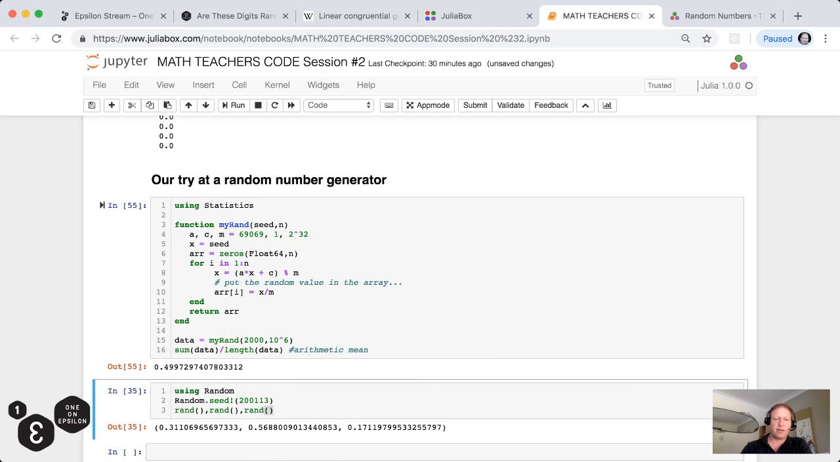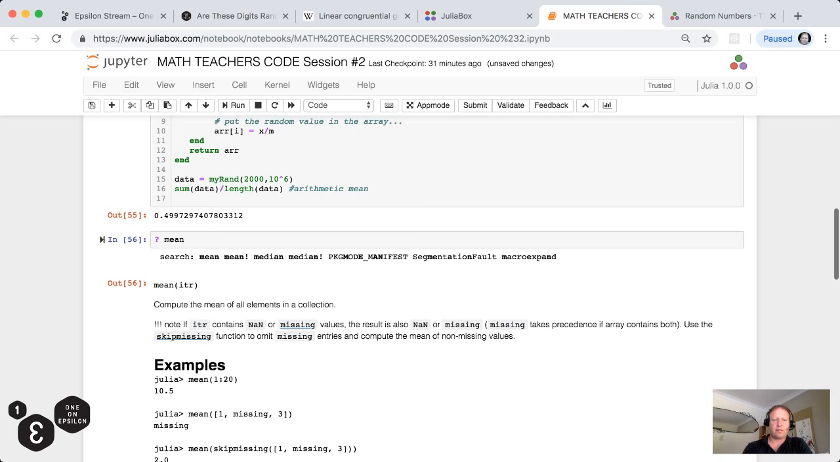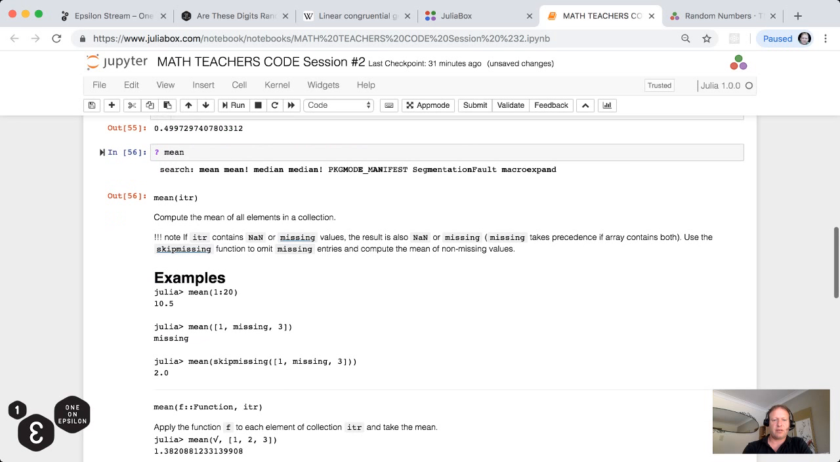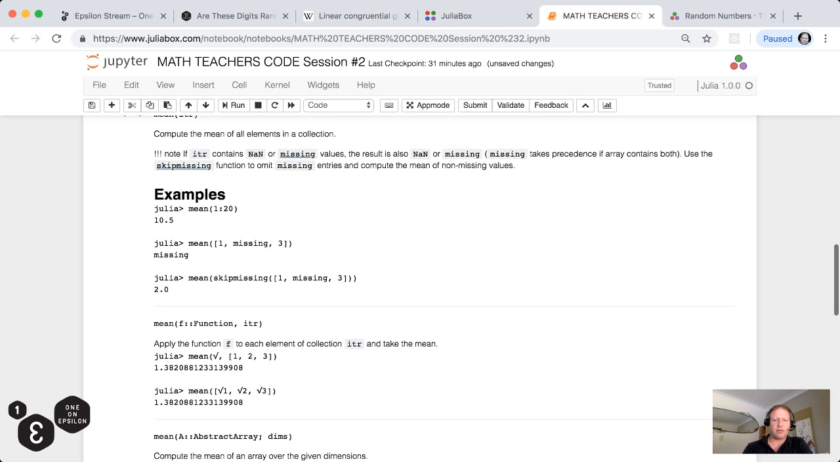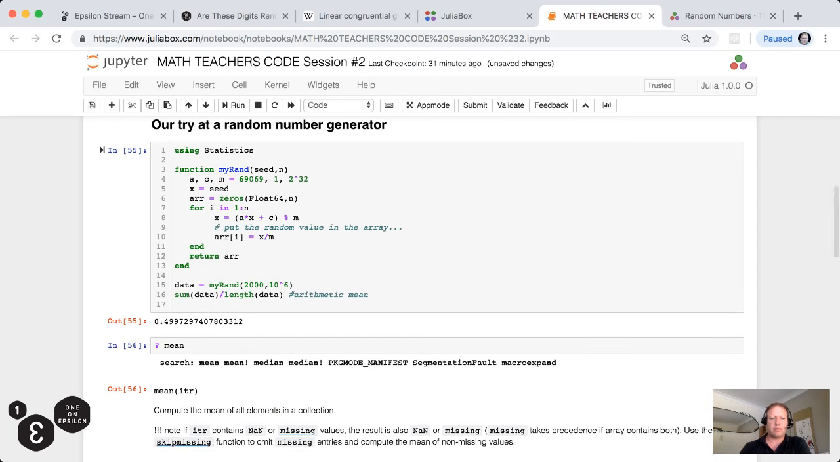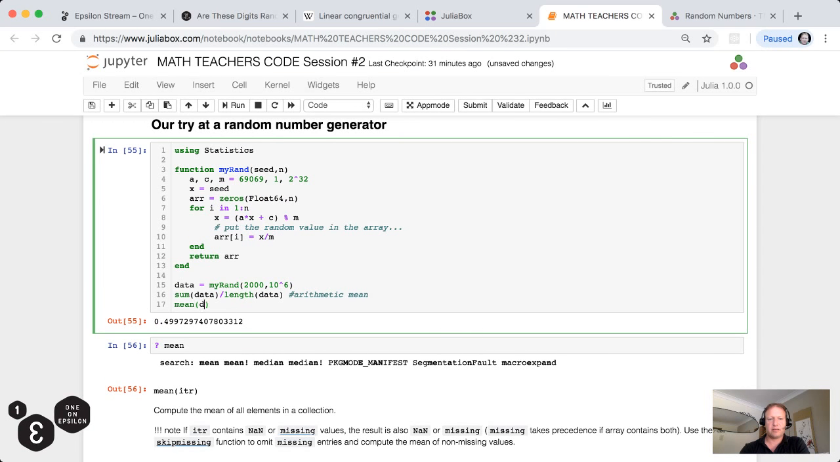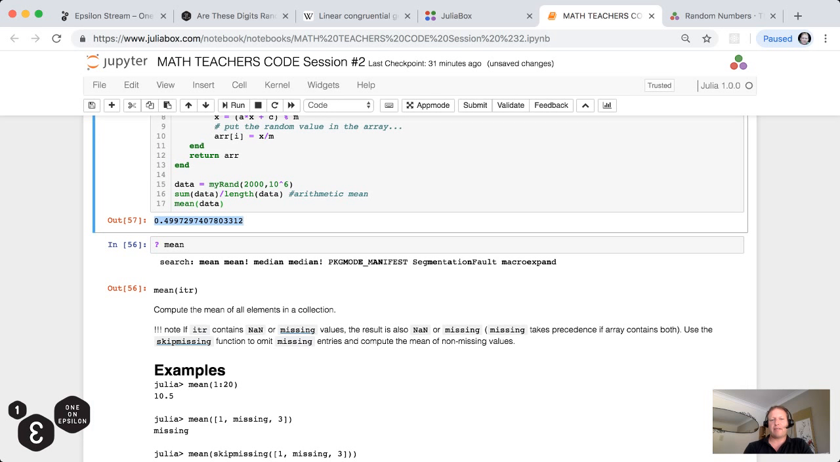And then we could use here, once we've done that, if I do question mark mean, you see the mean is... you get examples, but you can apply two lists of values and it will give you the arithmetic mean. So the mean of data, and we see that the mean of data is very close to half,